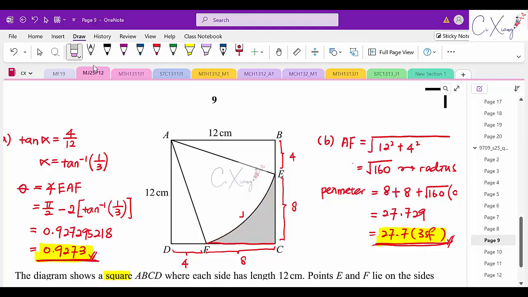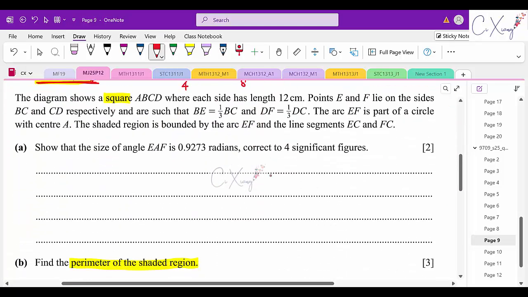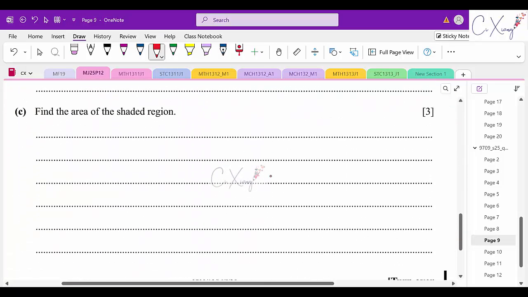Okay, so some students say that I use the half of the triangle minus the sector and triangle, then times 2 also can, right? Then for me, what I am going to do is I take the whole square minus the area of the 2 triangles here, minus the sector, then I will get the shaded area. Okay, so this is what I'm going to do now. Alright, so I want to take the area of a square,